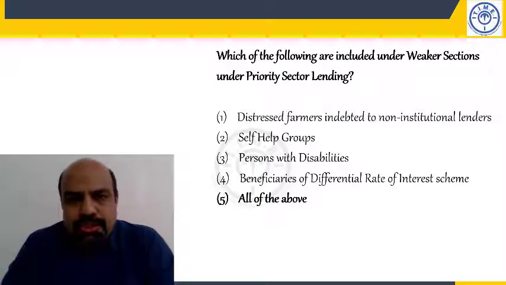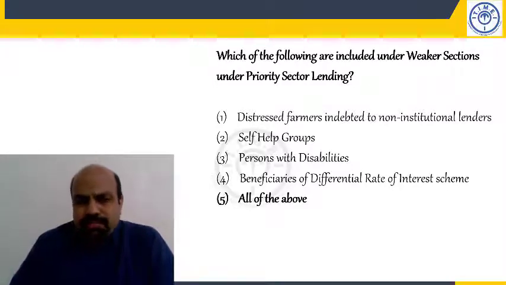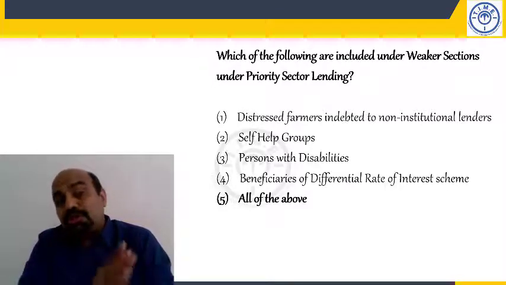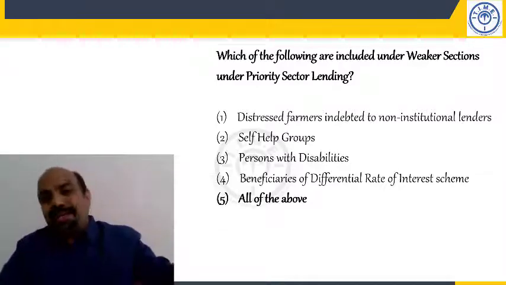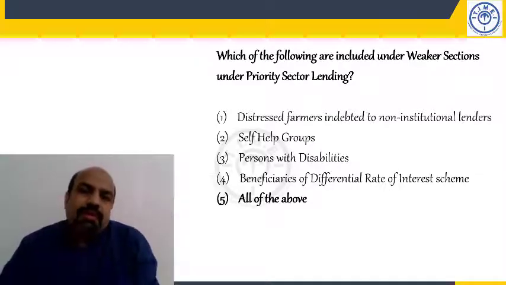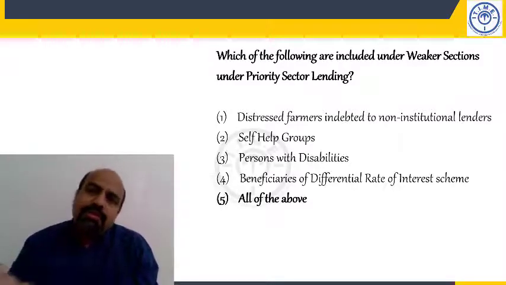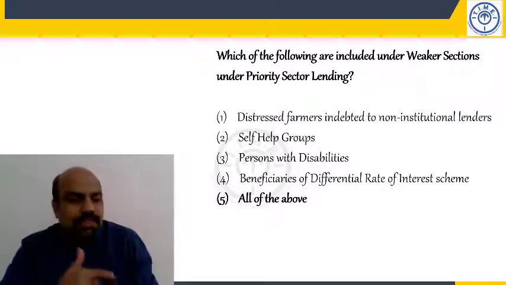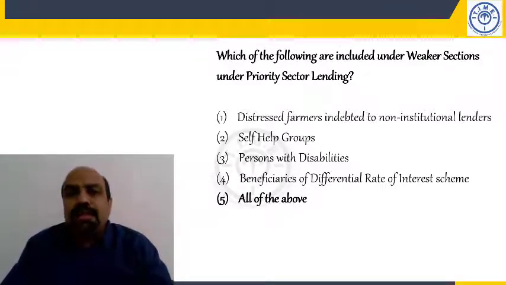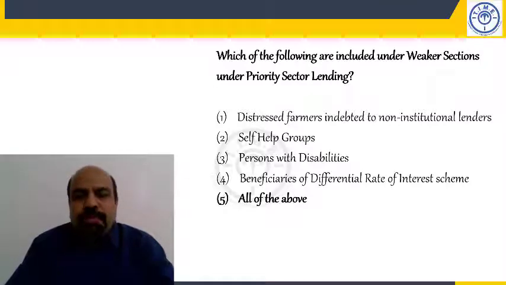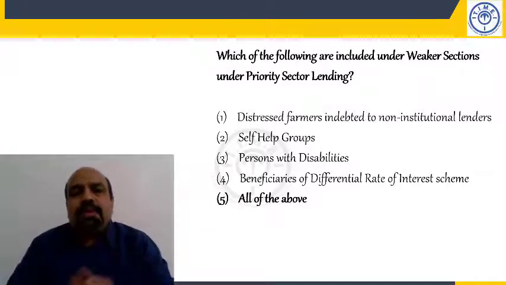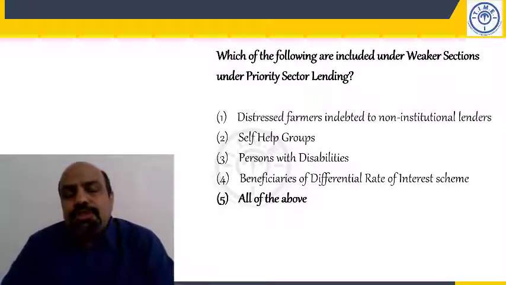Institutional credit means through some organizations, through some institute rather than some money lender. A money lender is non-institutional, whereas institutional is through some banks, some microfinance organization like that. So, aimed at providing institutional credit